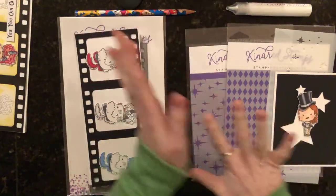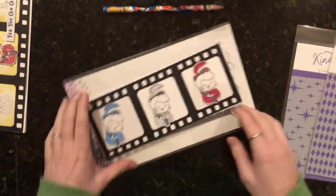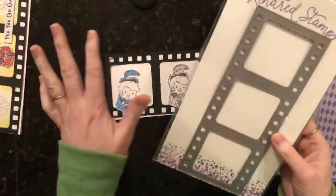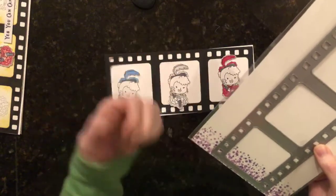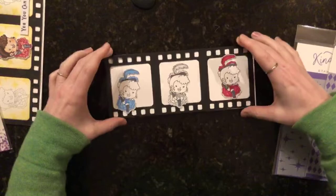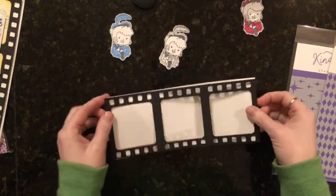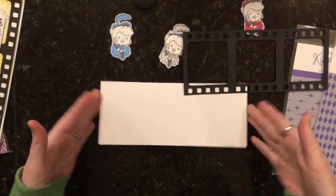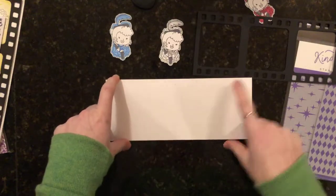I'm gonna push all this stuff over. This is the rest of what we are gonna use for our second project. Okay, so again, film strip die. I went ahead and cut that in black. That's why I try to give you guys a sneak peek at what I'm gonna be using, so if you do wanna craft along, you have a good starting point as well. Again, I used black for my card base. This one, you see I had more white around the edge. This one, the one for tonight, is going to fit right on there. So it's 3.5 inches tall by 8.5 inches long. So we're gonna have 7 inches here folded in half to have a 3.5 inch tall top